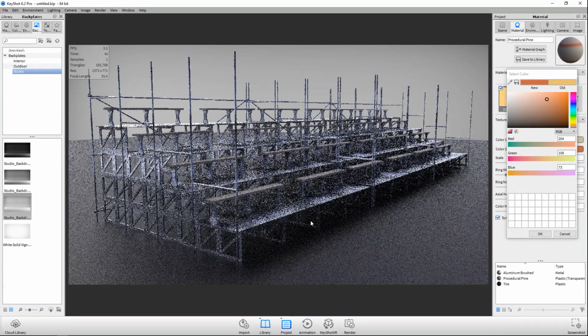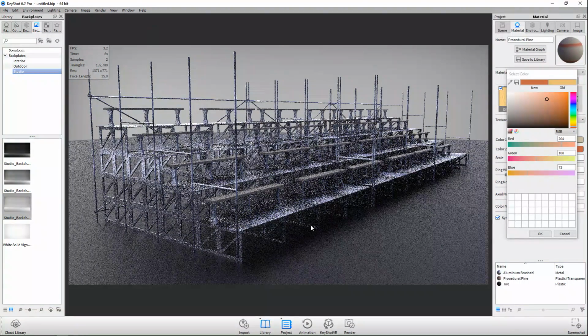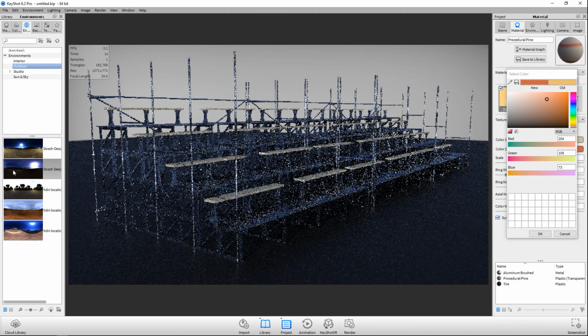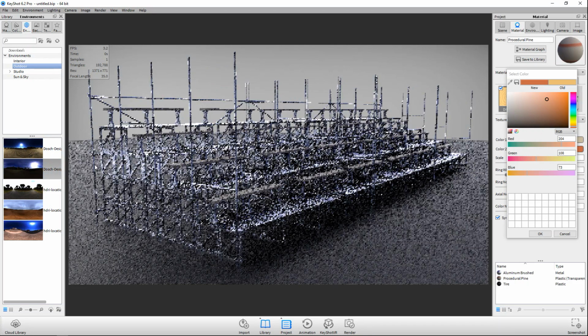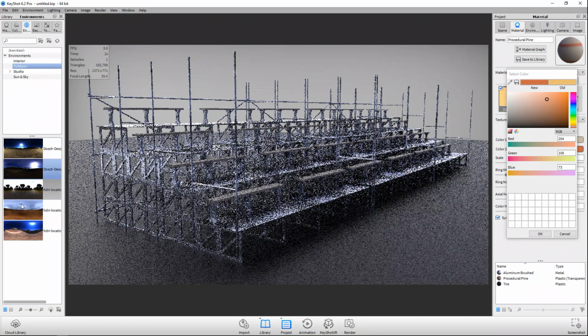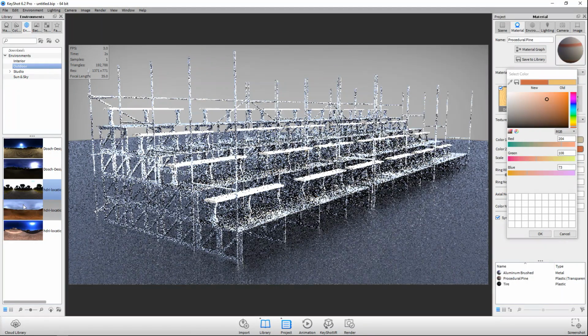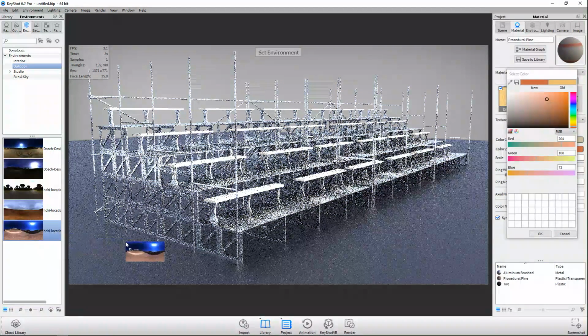And not bad at all, just wondering whether this is the perfect lighting. So let's give that one more go. Not that guy. Let's try this. Nope, way too dark. And we can adjust it manually if you like. That's number 2. That's way too bright. We don't want that one.